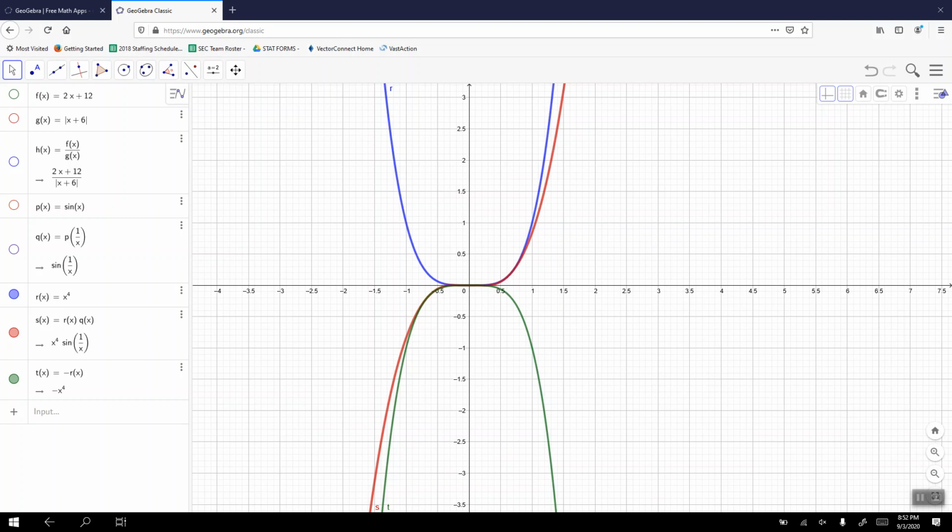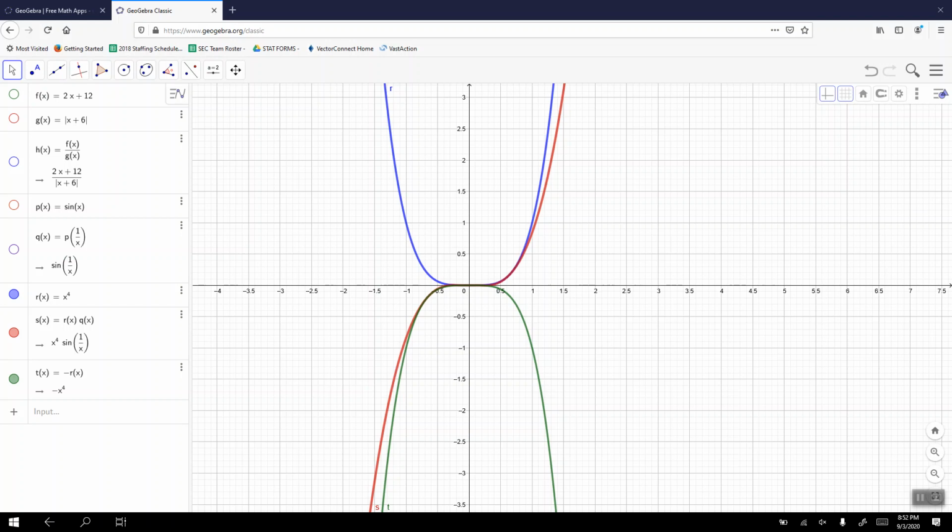Look at that. As x is approaching 0, x to the 4th remains up top. As x is approaching 0, this green function, negative x to the 4th, remains below. Therefore, as we're traveling along the function in question, as x is approaching 0, it's collapsing the boundaries that we bounded this by down to